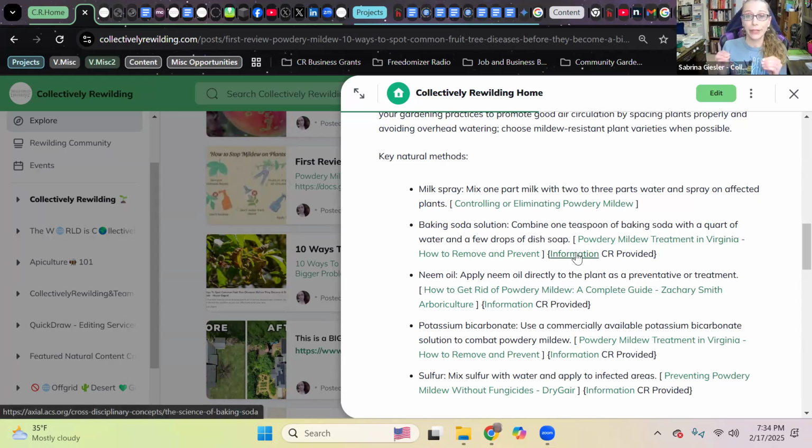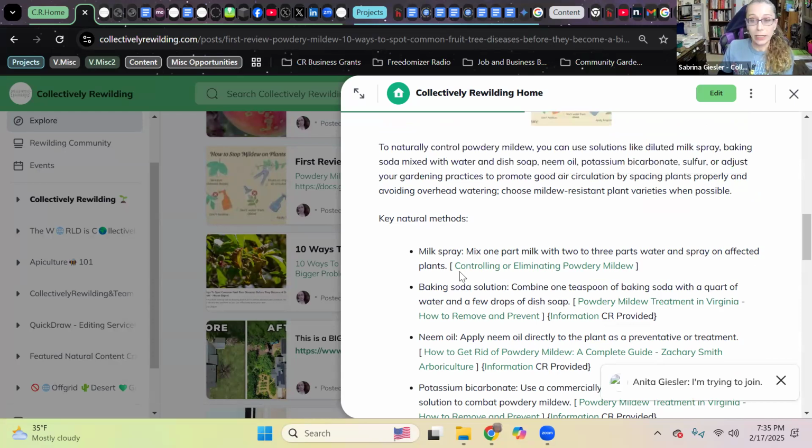We wanted you guys to understand each of these pieces. When there is any sort of natural or artificial chemical explanation for what's going on, we wanted you to have that. So this is the information about baking soda. It's going to break down how they create that. You can't go out and dig up baking soda somewhere, all right?